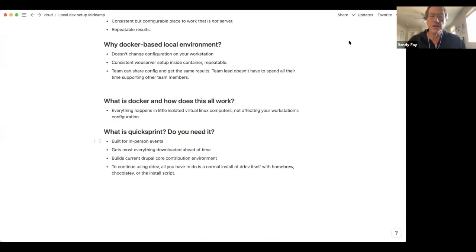So when we learn how to use DDEV and we start out and do it, DDEV is going to start up a web server container, and it's going to start up a DB container and a couple others that you don't have to think about right now. But normally it starts up 4 or 5 little containers, which you can think of as little Linux computers. And you can actually SSH into them and do things inside of them.